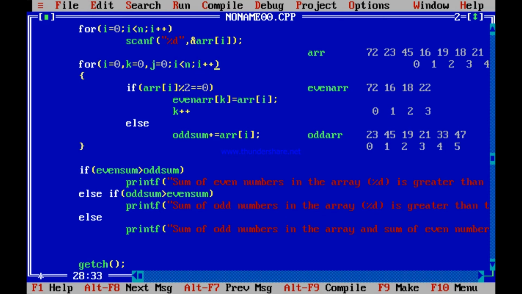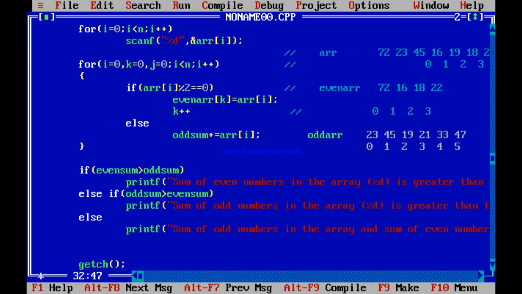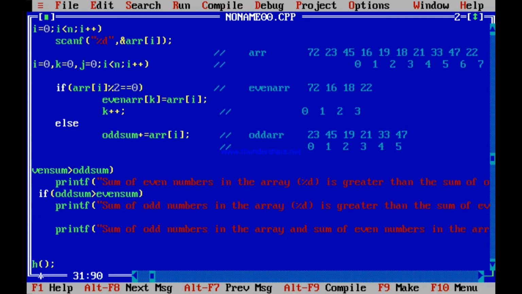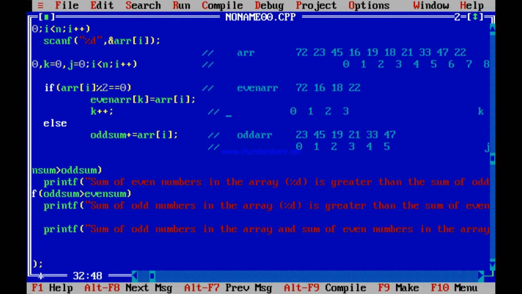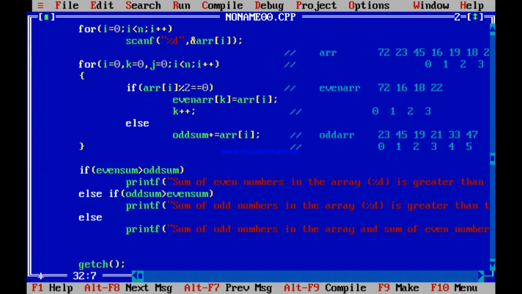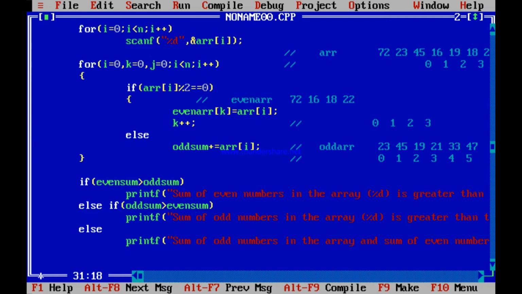Let us get rid of all these things. You have understood? Let me comment out because this will be disturbing otherwise. Let us comment out this whole thing. These lines are not needed anymore. Now, see, why have I done this? Please understand what I have done. I have copied arr[i] to even array K, in the Kth position like this. Every time you copy, K must be incremented, so the next number is positioned in the next K value. Once you have used a certain value, the next number has to be put in the next index.